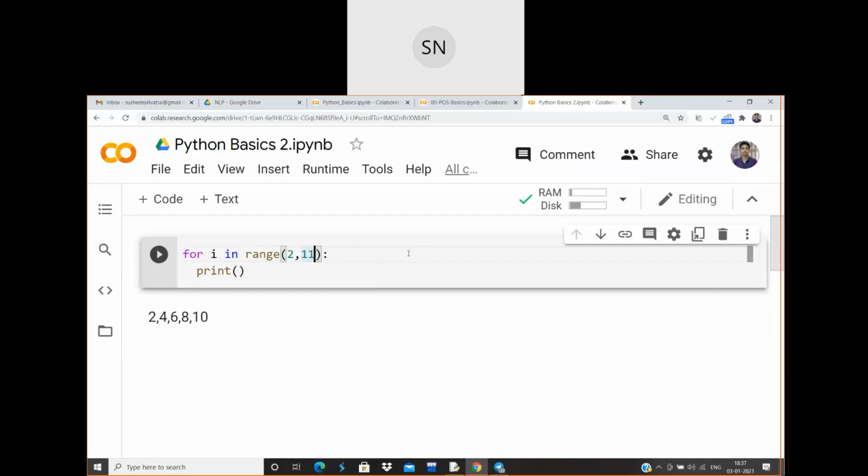Yesterday we were telling that range has only 2 parameters, from the initial point to the final point. But now Vilas told me that I have to put comma 2 over there, so that it will be in steps.